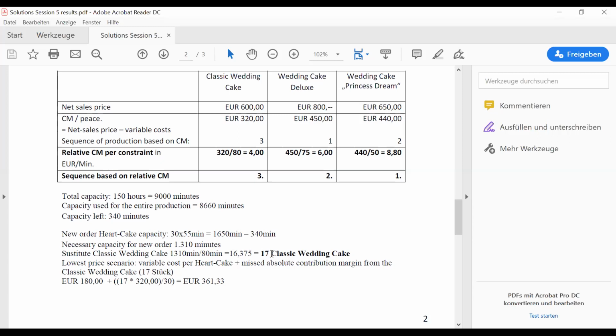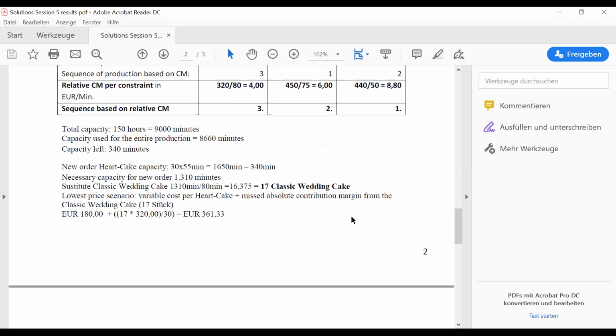So we need 17 cakes, which means a few more minutes are probably going to be left. But 17 cakes we need to remove from producing, and instead we can produce 30 hard cakes for that particular additional order. And now our last question would be,